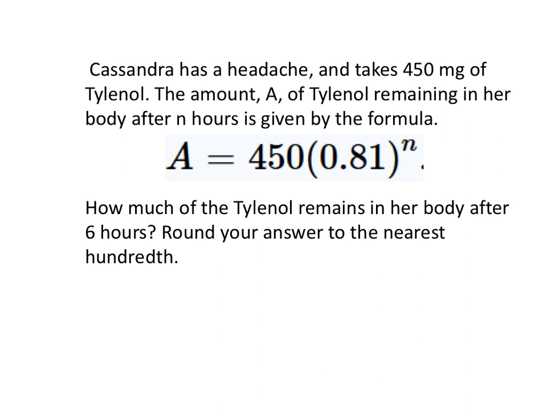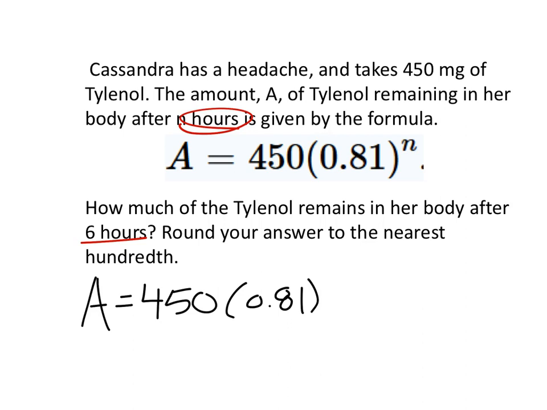All right. It did say that n was number of hours, so number of hours is 6, right? So the amount is going to be, it's the same function, but we're replacing n with 6. So again, we're just going to evaluate this on our calculators. For mine, I got to do 0.81 to the power of 6 first, and then I'll multiply that by 450. Again, that's order of operations stuff. And I get 127, nearest hundredth,